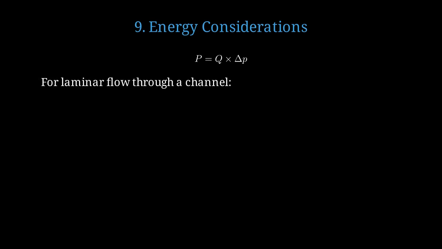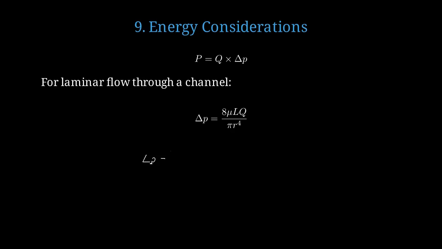Let's analyze the energy requirements for moving droplets through microfluidic systems. Power P equals flow rate Q times pressure drop delta P. For laminar flow through a rectangular microchannel, we can use the Hagen-Poiseuille equation. Pressure drop equals 8 mu LQ over pi r to the 4th power, where L is channel length and r